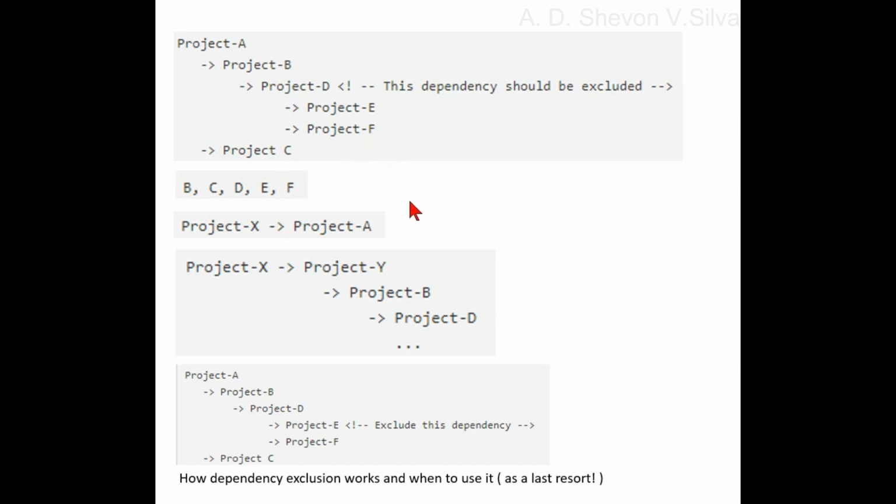Suppose you don't want project D and its dependencies to be added to project A's class path because some of D's dependencies are missing from the repository, and you don't need the functionality of B that depends on project D anyway. Project B's developers could mark the dependency on project D optional true, and